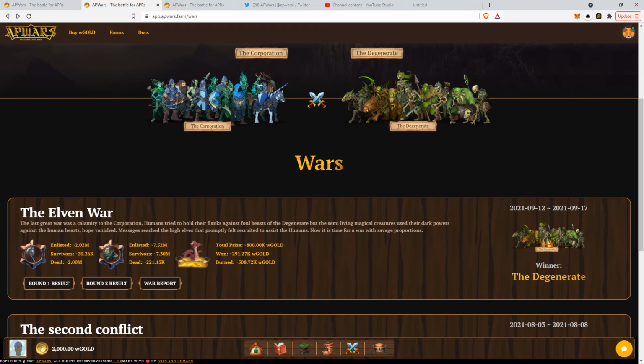In this case, you have 2 million soldiers, and let's multiply them by an average of 10 wGOLD, that's 20 million, times 200,000, and if you multiply them by 10 wGOLD on average, that will give you about 2 million. So this would be 20 million wGOLD plus 2 million, 22 million in this case, plus 500,000. So this would be about 23 million in total wGOLD that was burned at war,